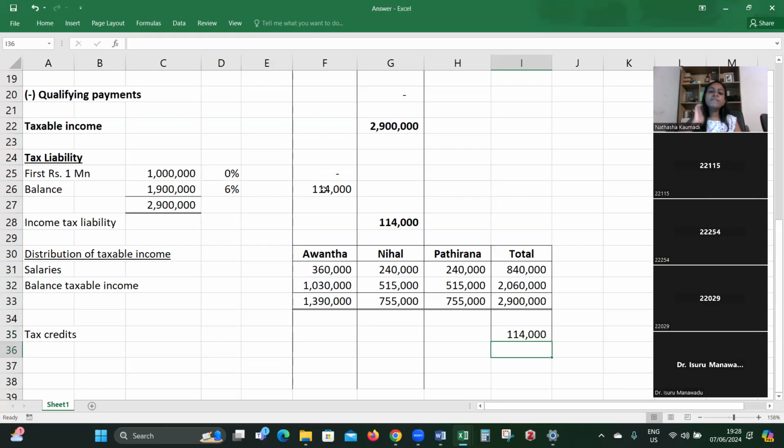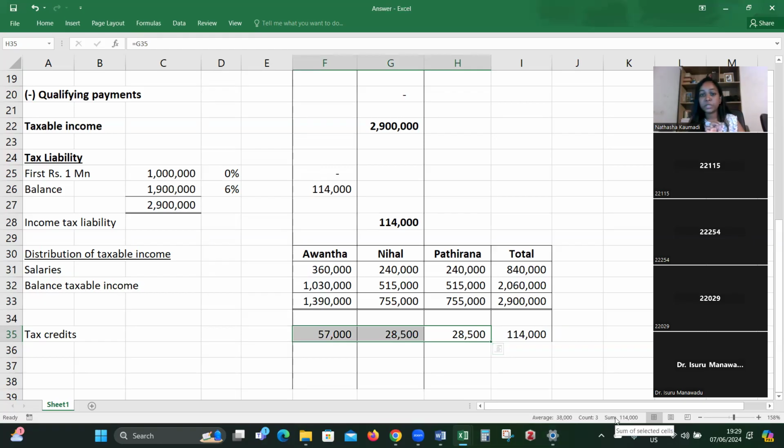114,000. So again, we can use the same ratio 2 to 1 to 1 to calculate those shares. Divided by 4 multiplied by 2, 57,000. Here, 114,000 divided by 4. Again, the same amount. See, the total of these amounts equals 114,000. So these are the tax credits that can be claimed by individual partners when they are calculating their individual tax